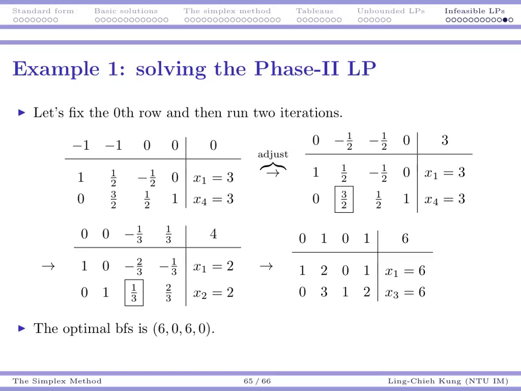If we enter x2, that means we want to maximize values, so we choose a negative reduced cost. And then we do pivoting once, and there is still a candidate. We do pivoting twice, and then here we stop. Here we have a tableau with only positive reduced costs. That means there is no way to improve. And then we have an optimal basic feasible solution where x1 and x3 are 6,